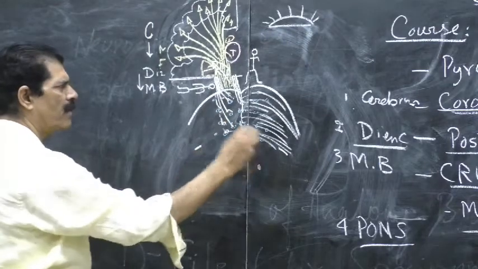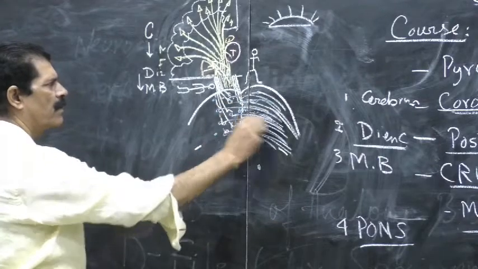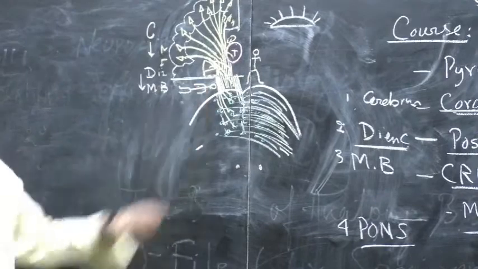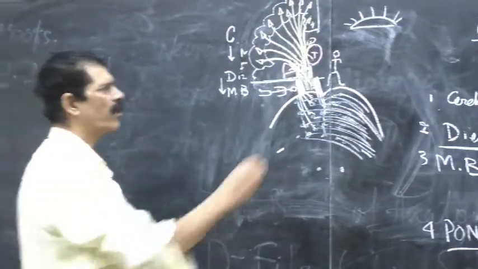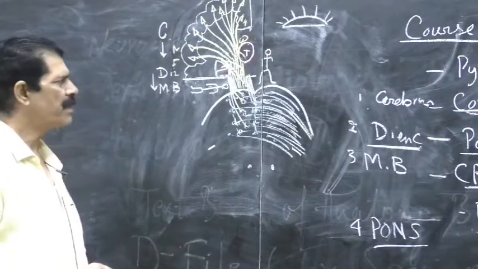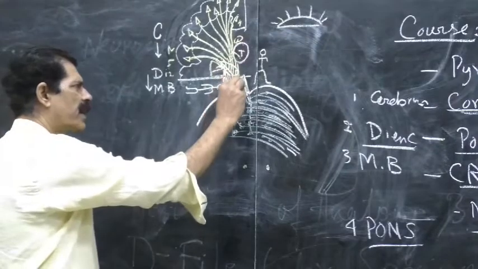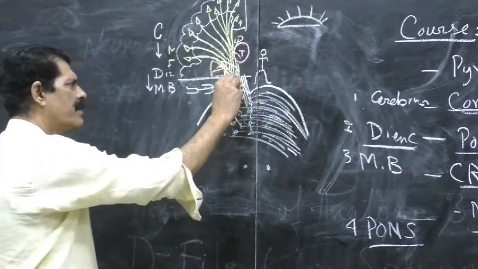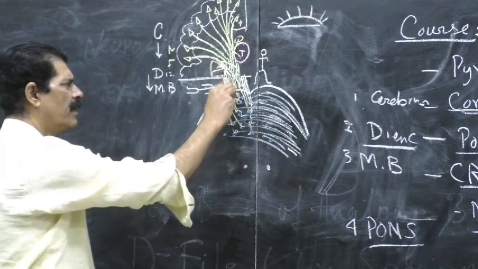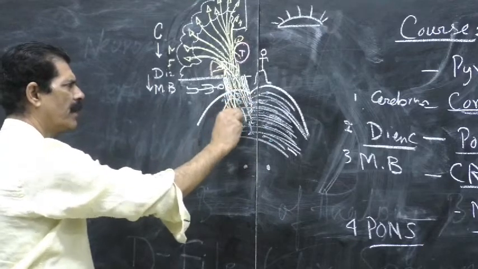And they are also going to the opposite side, crossing the midline of the pons. So this is the structure of the pons. Now these descending corticospinal fibers, because of the presence of the corticopontine fibers and the nuclei of the pons, are scattered. They do not pierce the nuclei, but they go sideways of these nuclei.